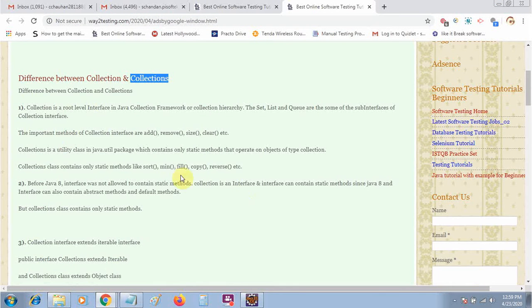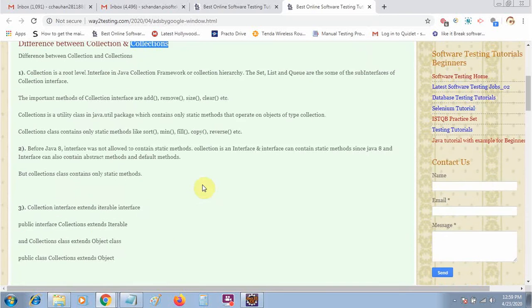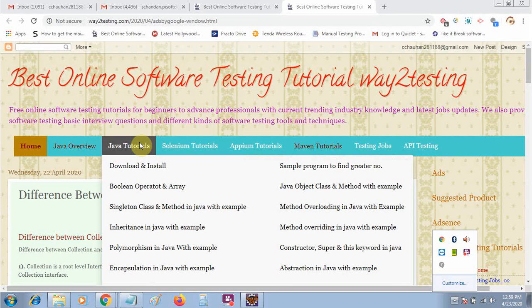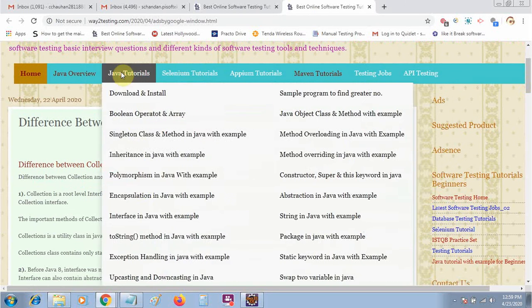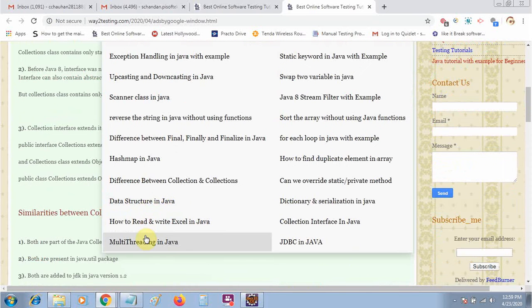Okay, so I have written all the things over here. You can go through them. Also the example will be available here. Now let's discuss what the collection is. As I told you earlier, collection is just an interface and we will use this one to manipulate the values. In Selenium, we will use this collection to store the elements.